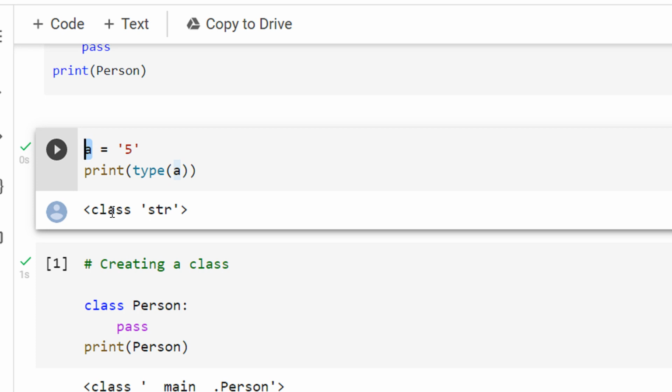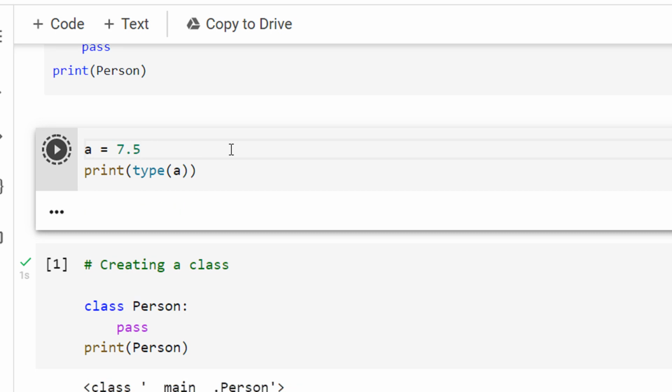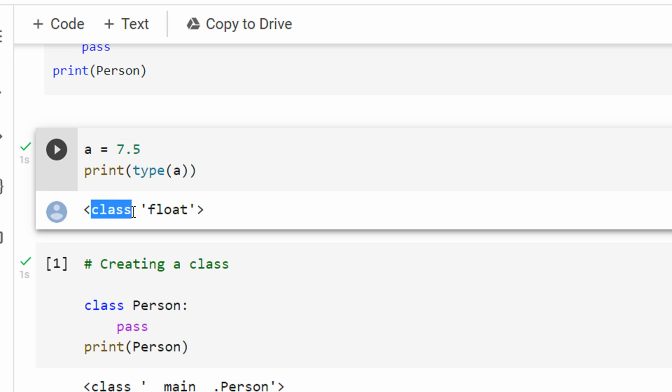Everything in Python is an object. So a here in this case is a string object. Now a becomes an integer object. Now a in this case becomes a floating object. Again, it will have a class float, right? Python, since it's open source, you can actually browse and see what the class float looks like,